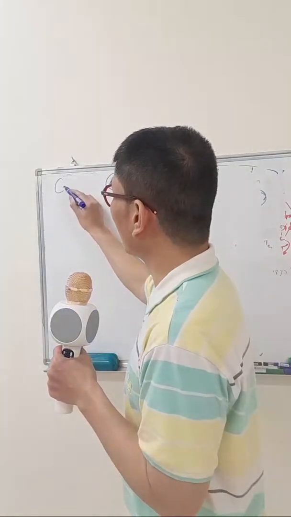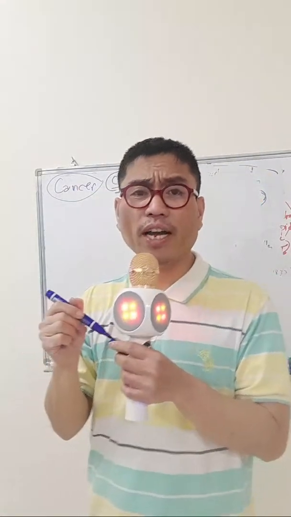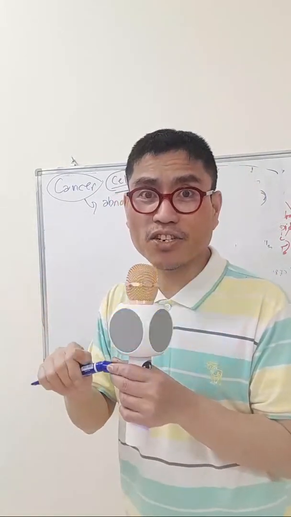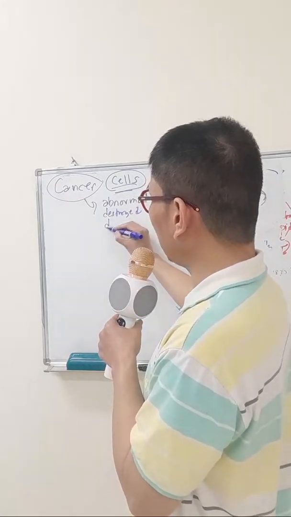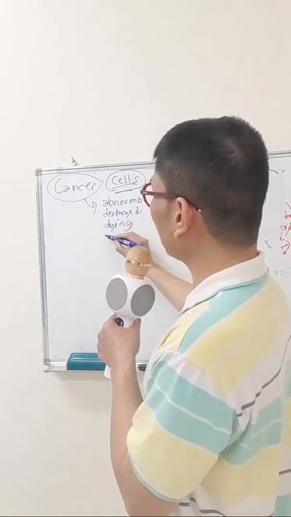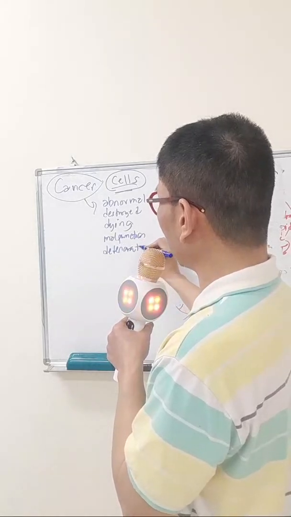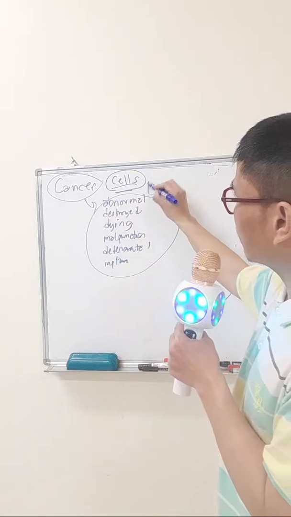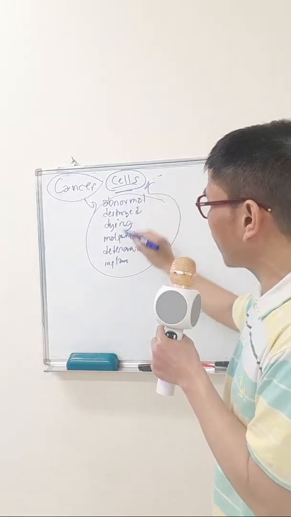Okay, now we need to understand the word cancer. Cancer is a bad word, a negative word that describes a cell. So we need to say this cancer means abnormal. Again, synonyms in English: abnormal, destroyed, dying, malfunctioned, deteriorated, inflamed. So this describes the cells. This is known as cancer cells, meaning abnormal cells, destroyed cells, dying cells, malfunctioned cells, deteriorated cells,